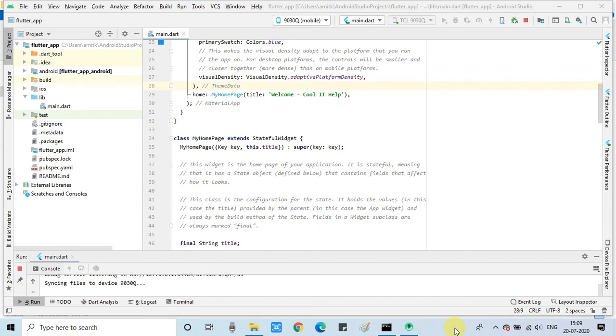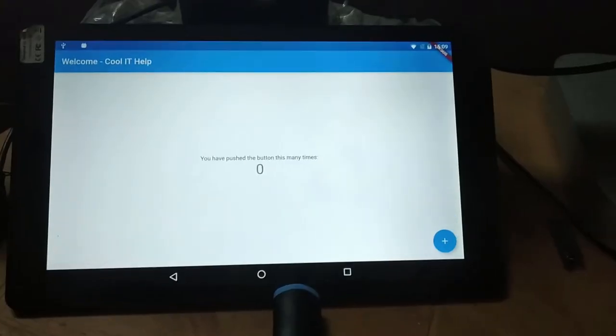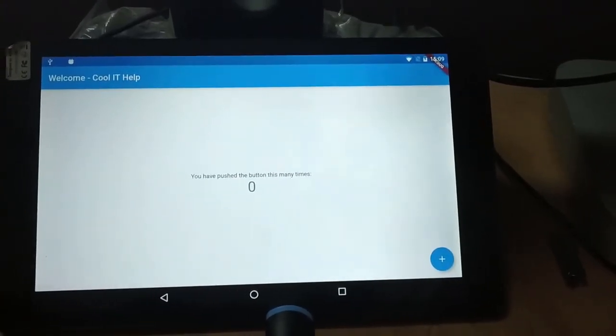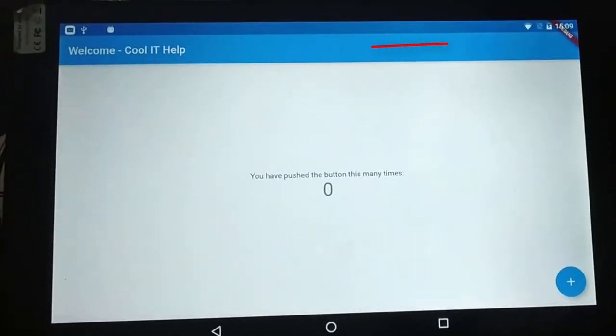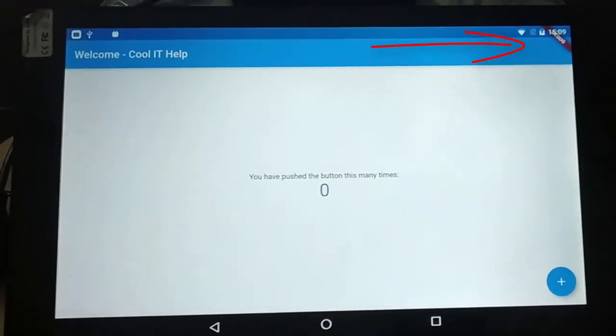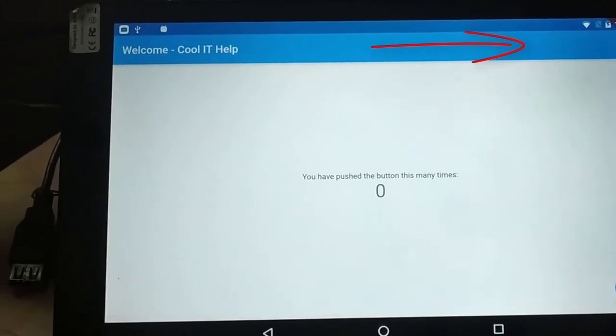So in the first time, this will take 7 to 8 minutes for deploying the application in your device, and after that when you do again, this will not take much time. Now you guys can see that the application is installed on my device and it is opened, and you can see on the right hand side the message is appearing like debug. This is running in the debug mode, and I am showing you again.